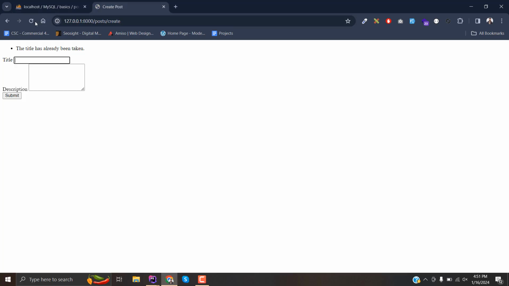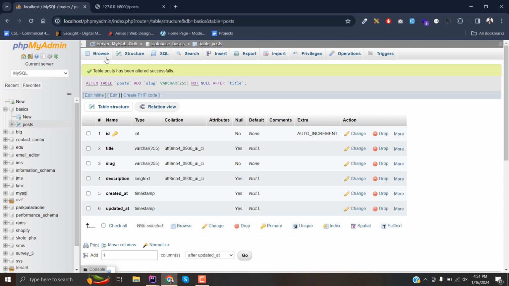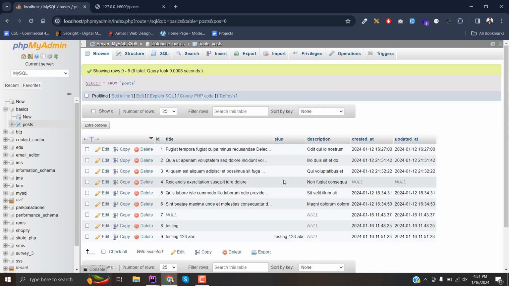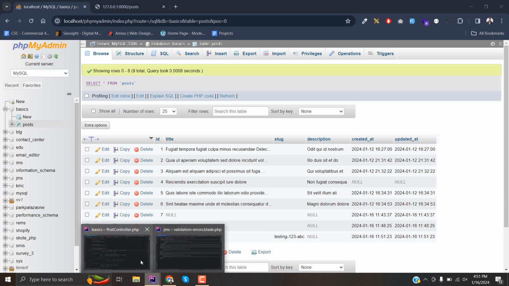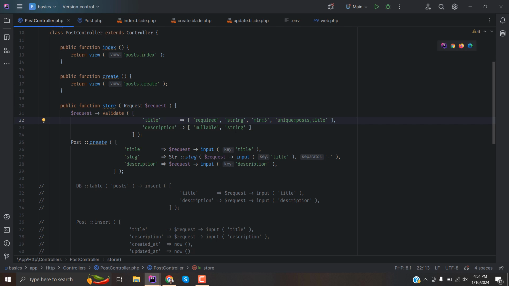Now if I go back, reload the page, and let's say testing 1 2 3 ABC, with spaces, just a random check, and now if I submit, we should have a slug generated. Now you can see that it says testing-123-abc. So this is basically what we asked for, the separator should be this one. All right, so we have now seen how we can apply the validation on the form